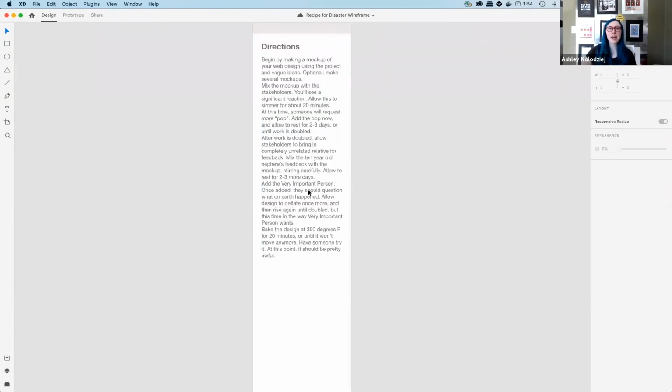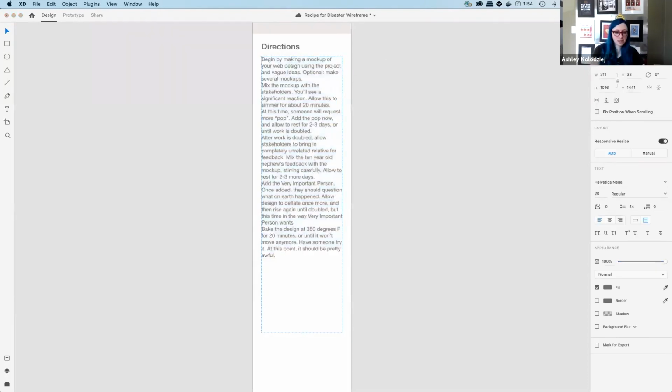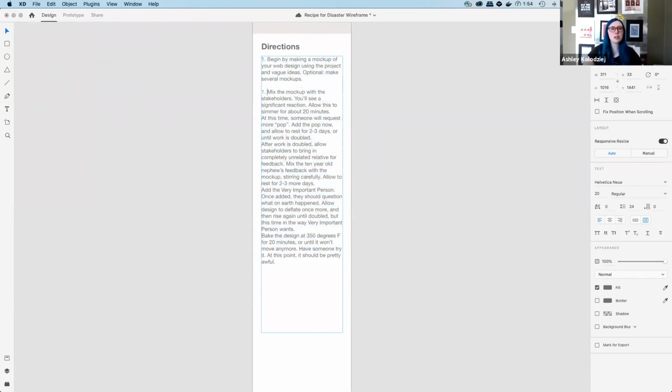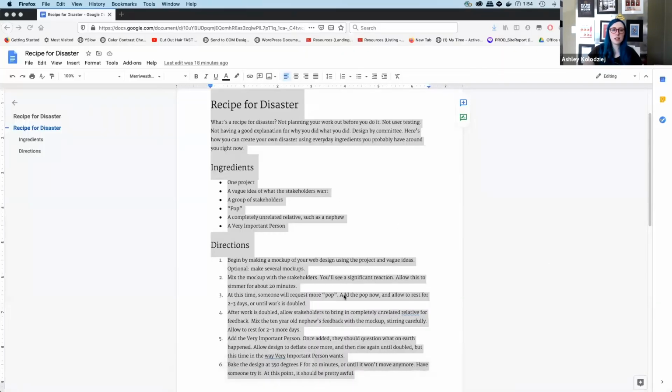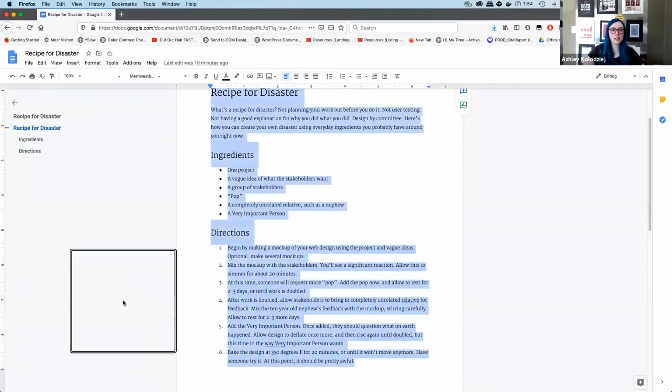All right. So we're back, and what I've discovered while taking a look for that is that unfortunately Adobe XD doesn't have a built-in way to put in bulleted lists. So what we're going to do instead is just edit the text to show that. And I want my directions to be numbered, so I'm going to just start by putting in these numbered lists. So here we're going to do 3, and then 4, 5, and then 6. And I'm just going to quickly double check that that's the same set of stuff that we had in here. Yep, 6 items. So perfect.